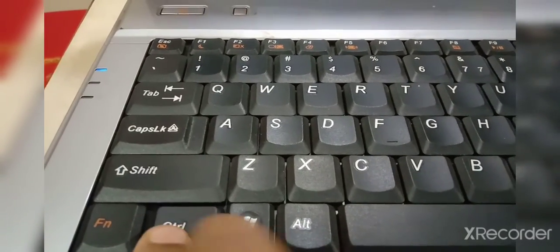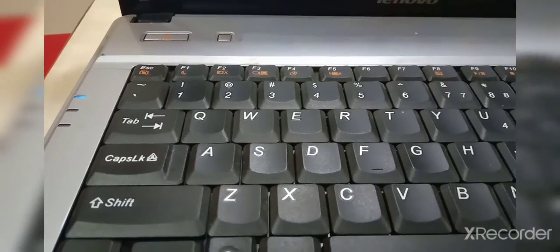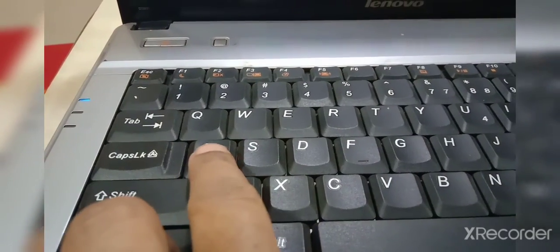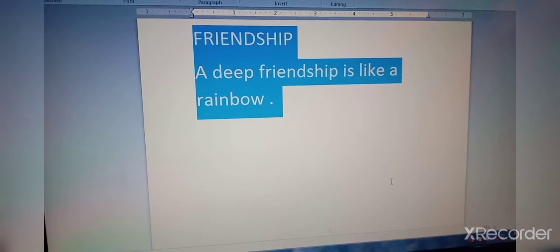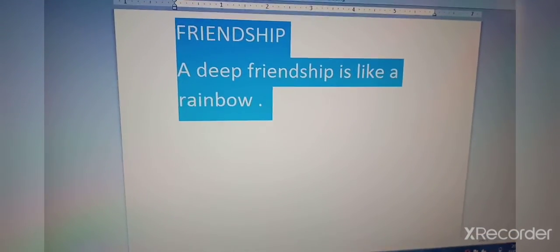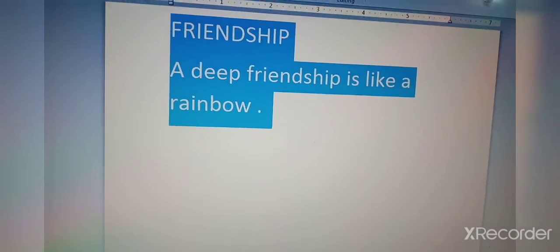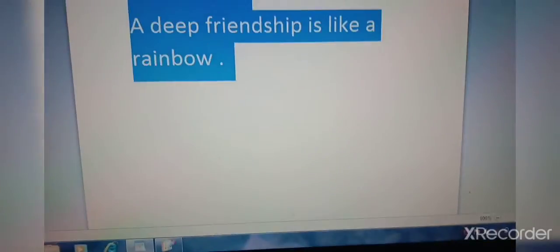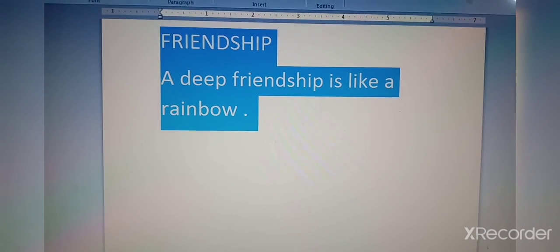Press it and at the same time press the A alphabet. It will select your full document. See, I am pressing. Now I selected the whole text. Now just press the delete key and see what will happen. Now the whole text will get removed.